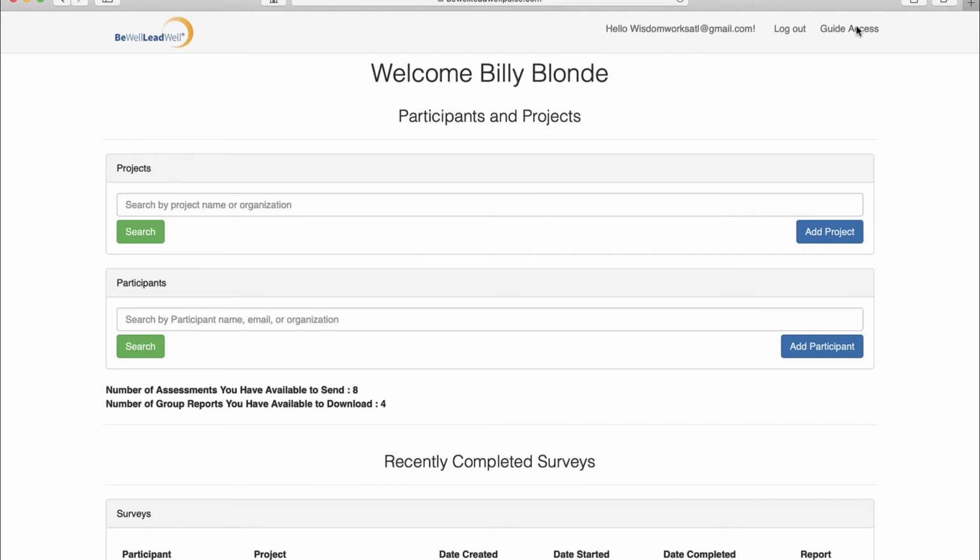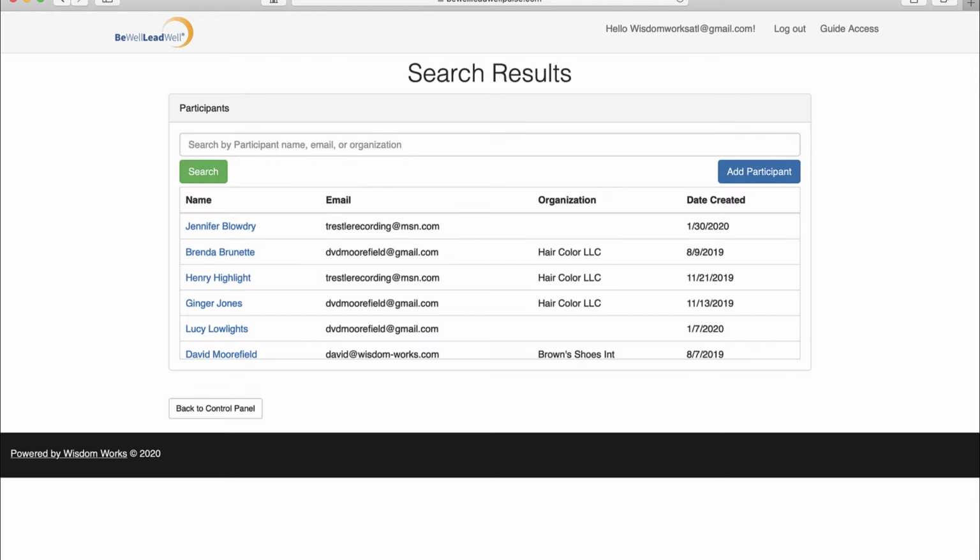Now view the participant area. This area works the same as the project area. If I want to find my participants, I'll place the cursor on this line and hit the return key. You notice the guide has several participants that they've added. So here they can find the participant they're searching for. Going back to the home page,